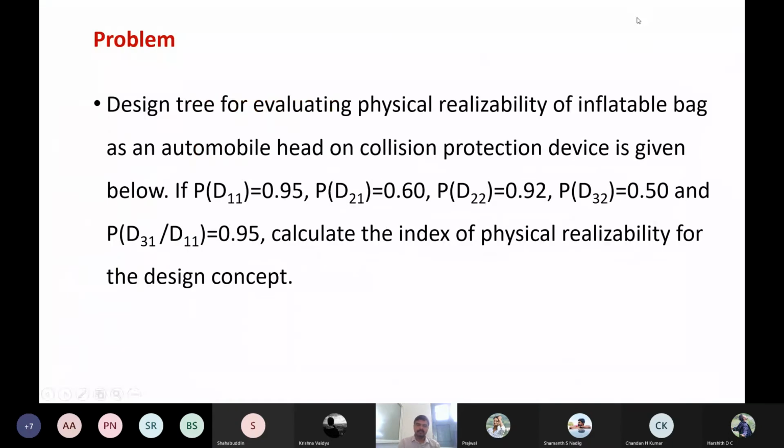Okay, we'll start today's session. In the previous session, we discussed physical realizability, and we also discussed the design tree. The design tree is used to make an estimate of physical realizability. So what is the probability that a design is converted into a physical